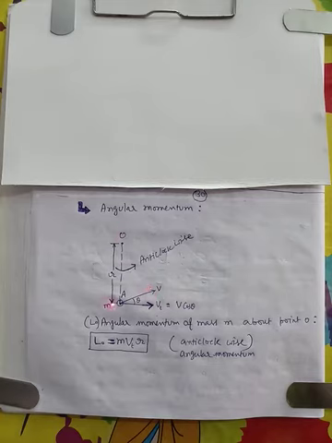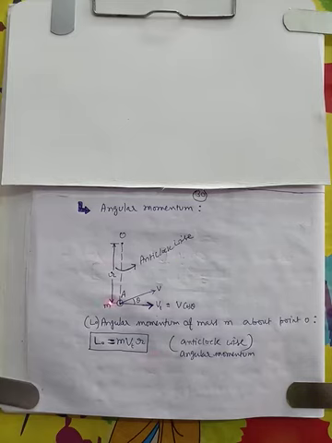So what will be the angular momentum of this mass m about O? Mass into the tangential component of velocity about the axis of rotation, O. The tangential component is v cos theta, that is Vt, so m Vt r, where r is the distance of body A from O. This will be the angular momentum, and this angular momentum will be anti-clockwise.